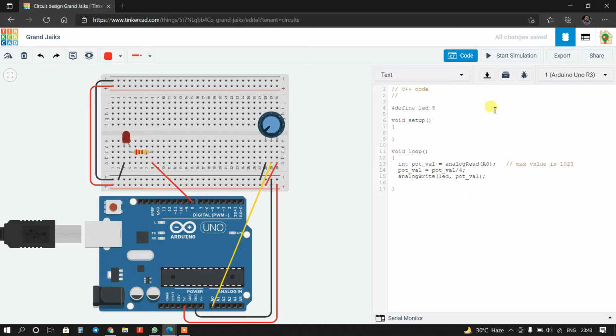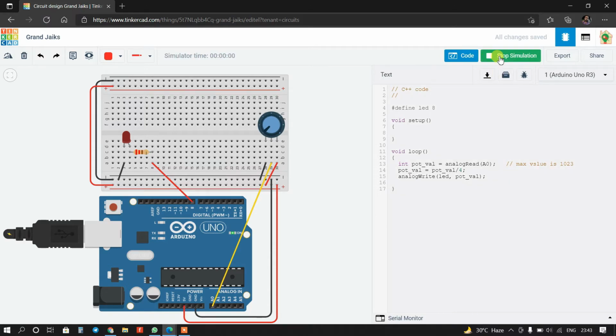So once I will simulate. Okay, I will just rotate this potentiometer. Wow, you can see brightness is increasing, and reverse.